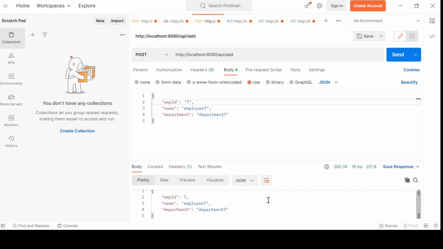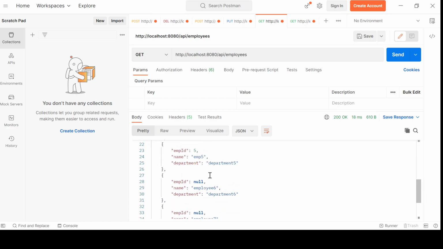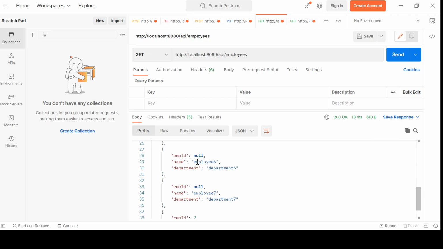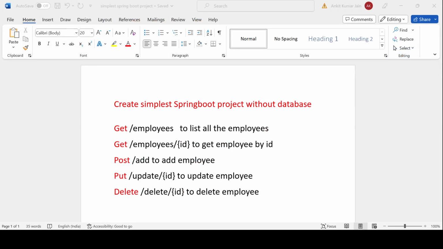Now let us try to list how many employees are there in our list. Till now we were getting 5. Now when I am hitting it, see, I have got many employees, 8 actually. Now let us move on to our next endpoint, that is put